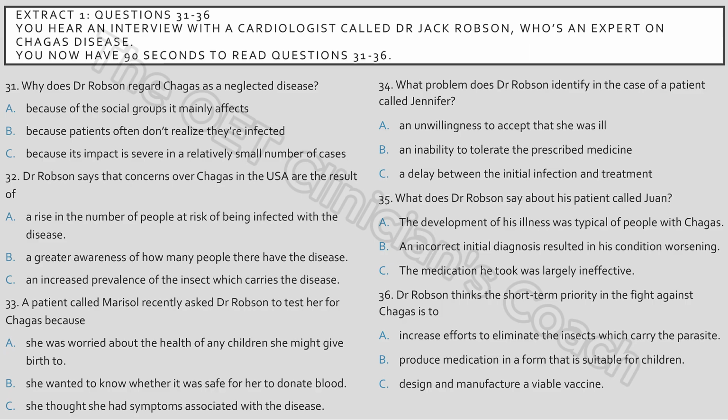I see. And what can be done to combat Chagas generally? Plenty. Researchers are working on improved drugs to treat it and a vaccine. None currently exists, but it takes at least 10 years to supply a new drug. Another idea is to develop the existing drugs in tablets of different sizes. That could and should be done almost overnight. What's currently available is designed for adults, even though infants often have the disease. There are also some very important programs using insecticides and other methods to wipe out the bugs that transfer Chagas to humans, but initiatives like those take decades rather than years. Well, Dr. Jack Robson, thank you very much for speaking to us today.